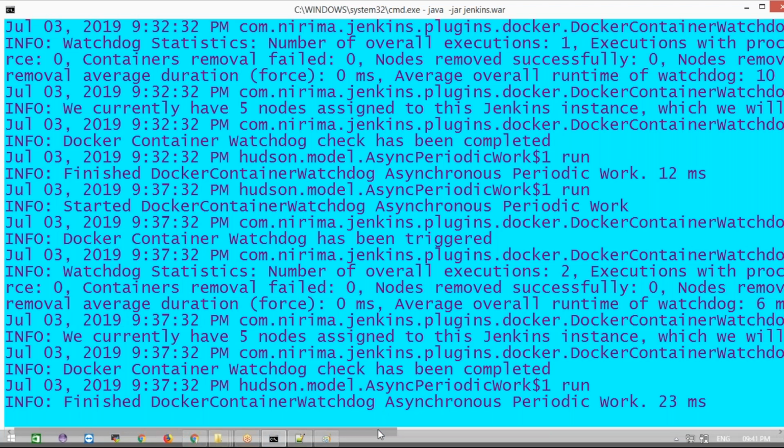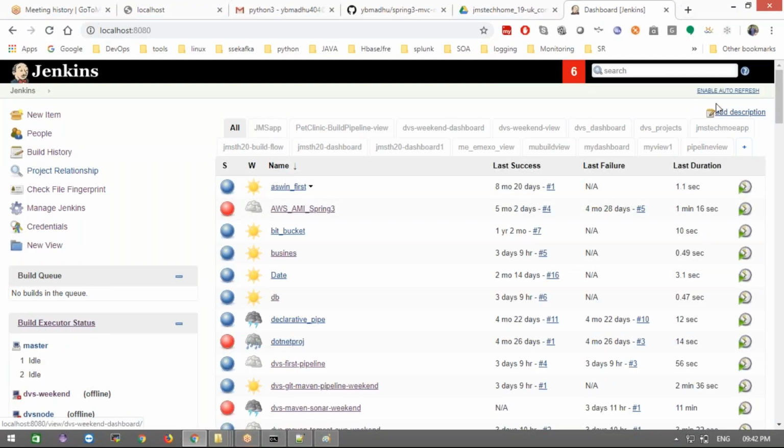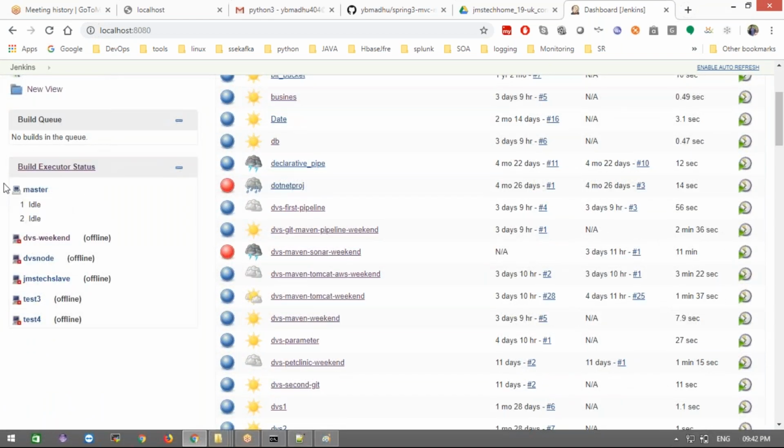First it will take time. Now here, if you see, by default in your systems you will see only this master node.